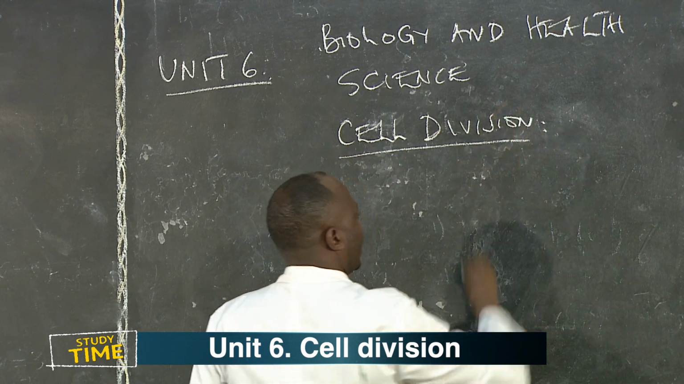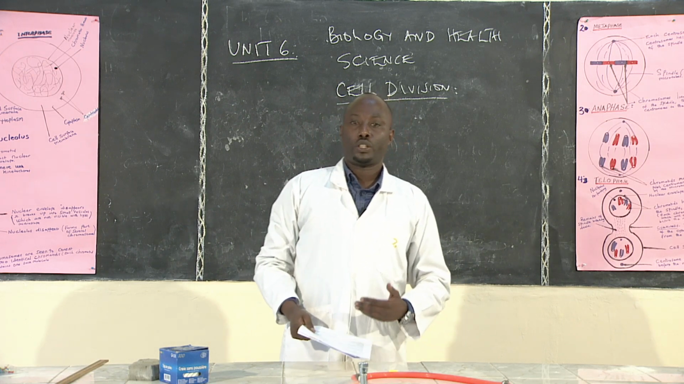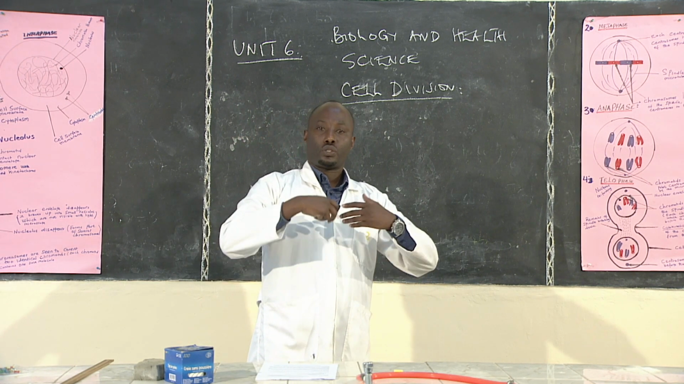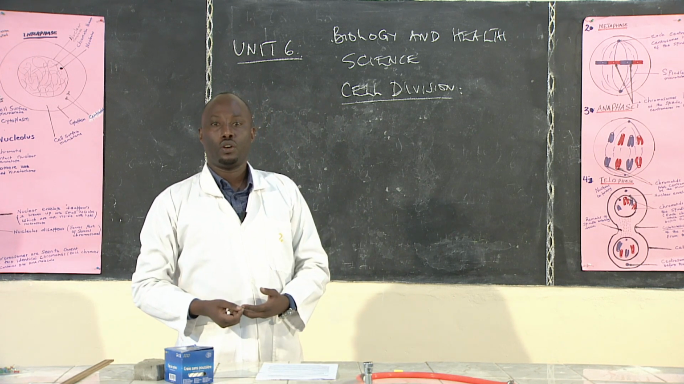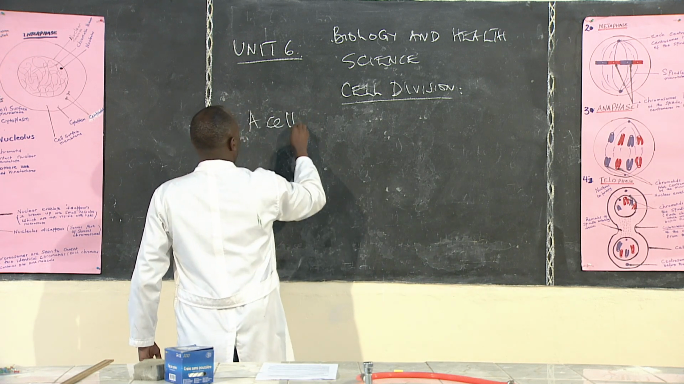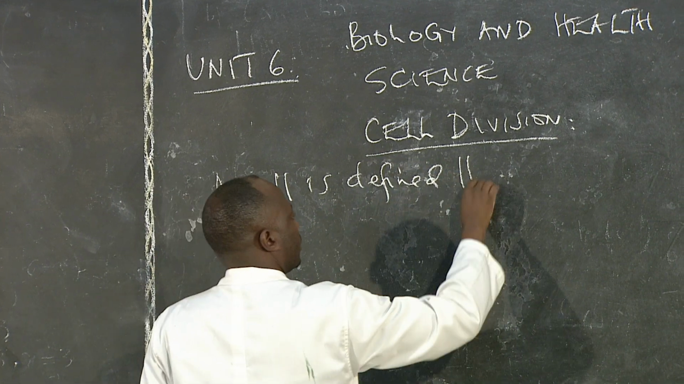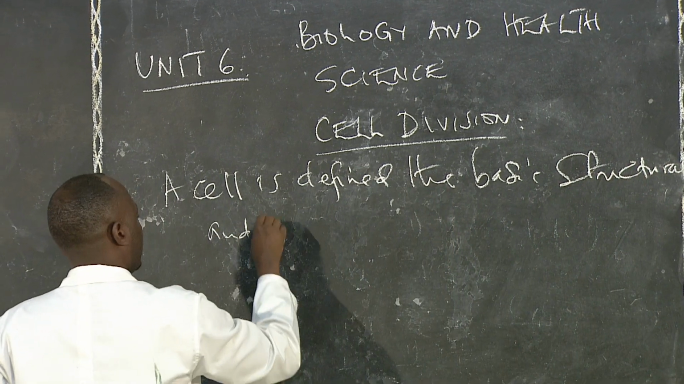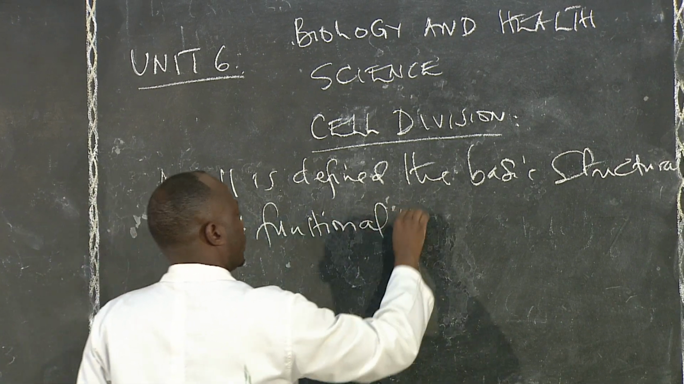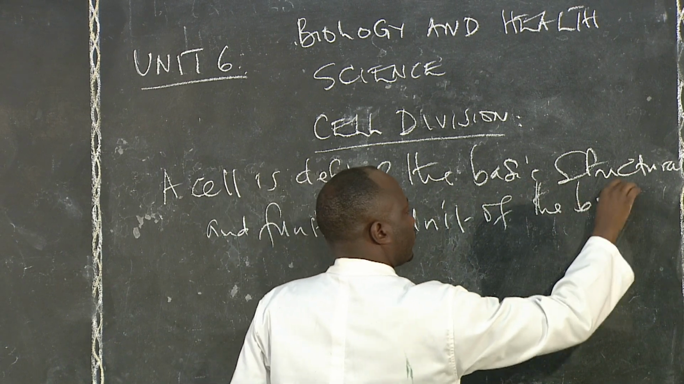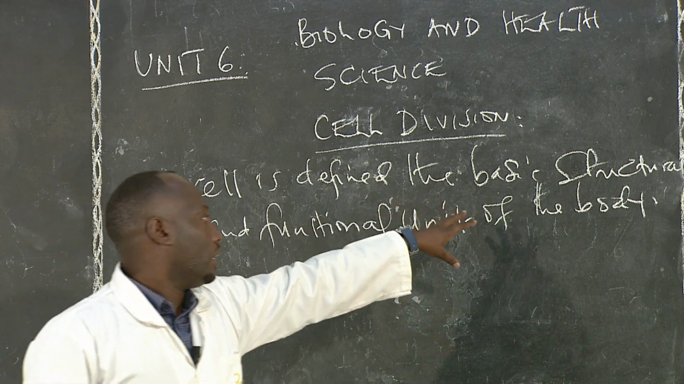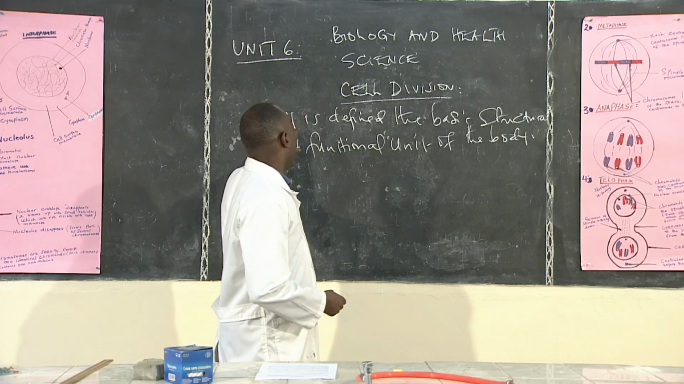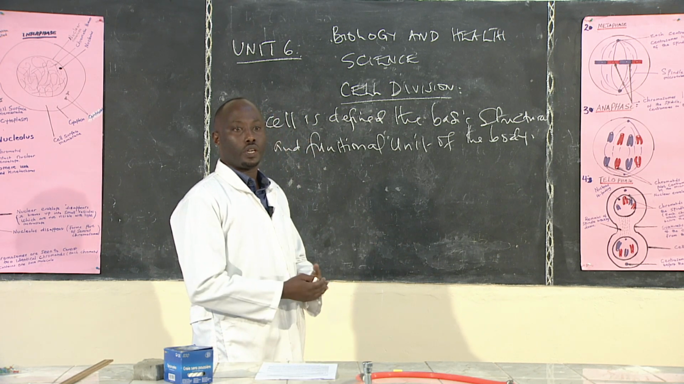Cell division. When I talk about cell division, let me first ask you, what do you understand by the term a cell? Good. When I say a cell, it is the basic structure and functional unit of the body. A cell is defined as the basic structure and functional unit of the body. We can say a cell is very important because it is responsible for controlling and regulating all activities within